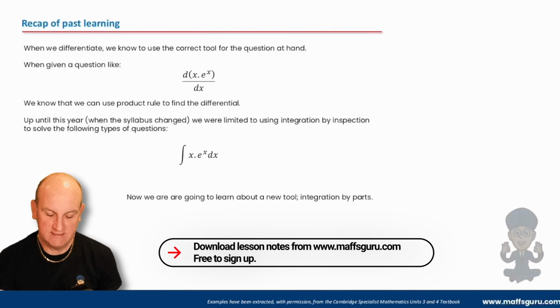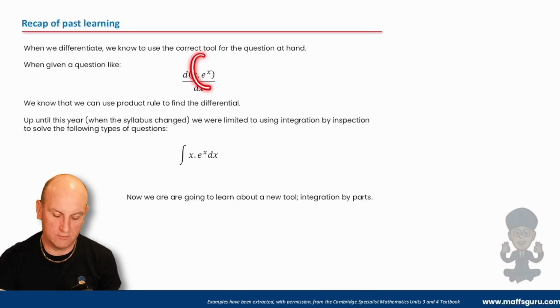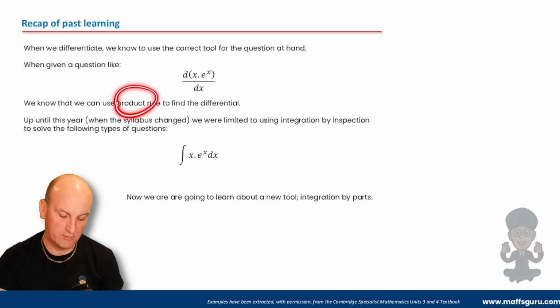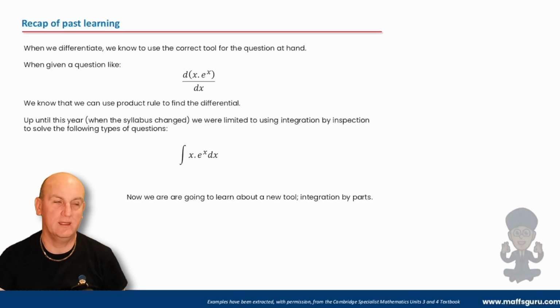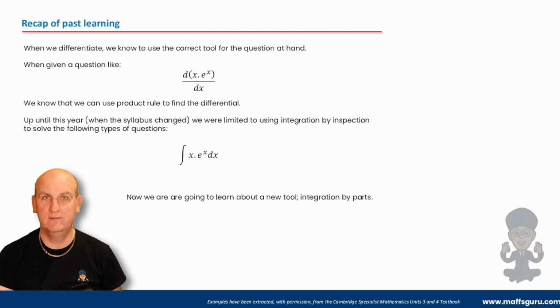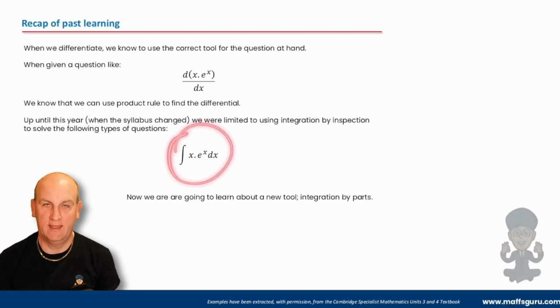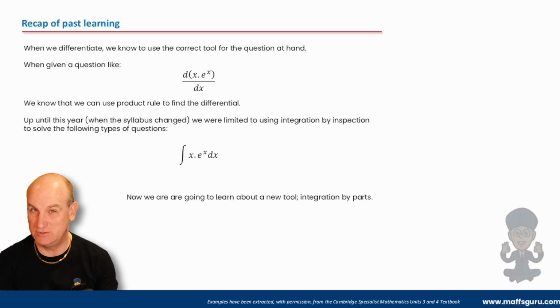Now, the great thing here is previously we've been able to differentiate expressions like x times e to the x by using the product rule. We love the product rule and the chain rule and the quotient rule. These are all great for differentiation. But when it came to integrating something like that, we'd actually have to scaffold something called integration by inspection, which